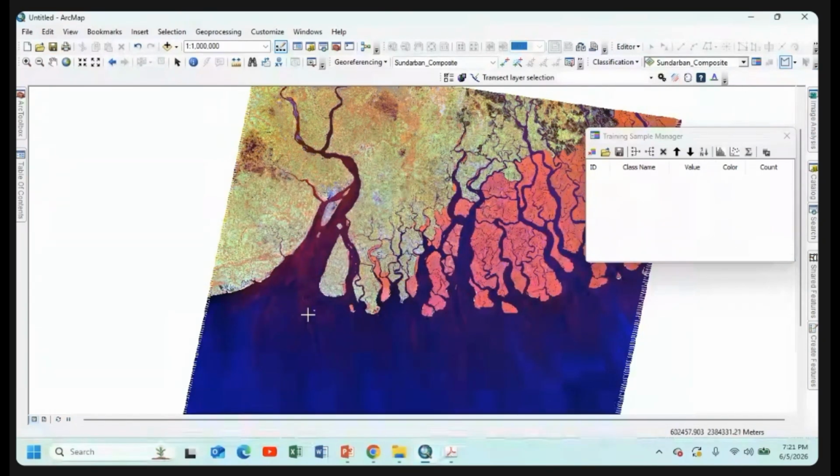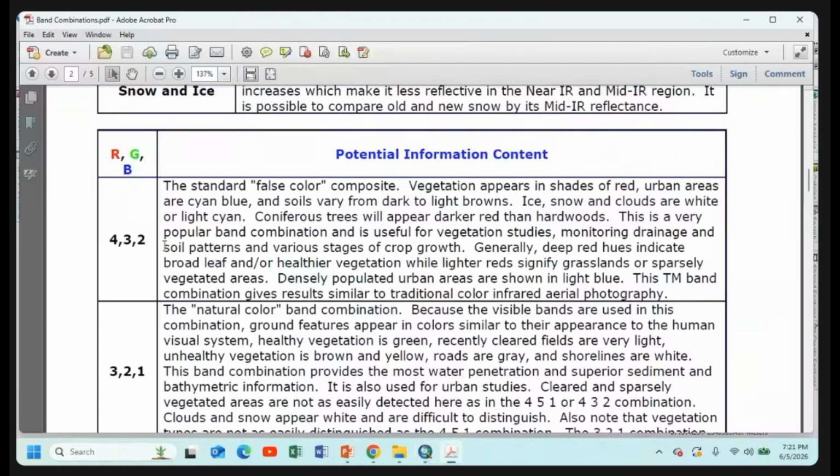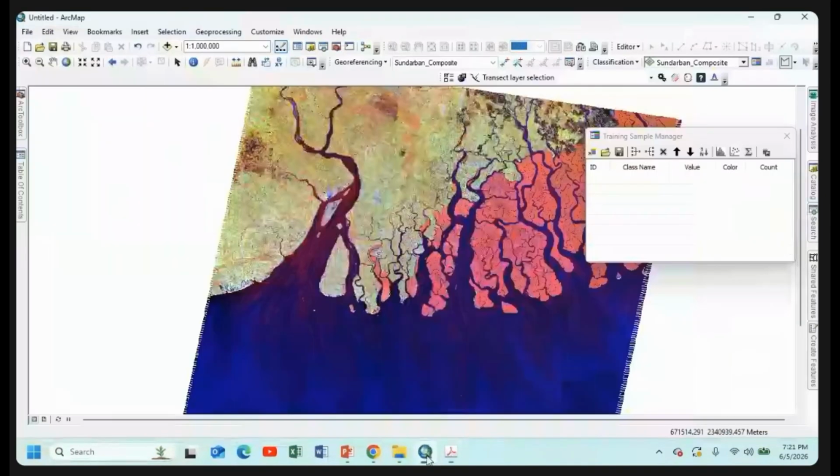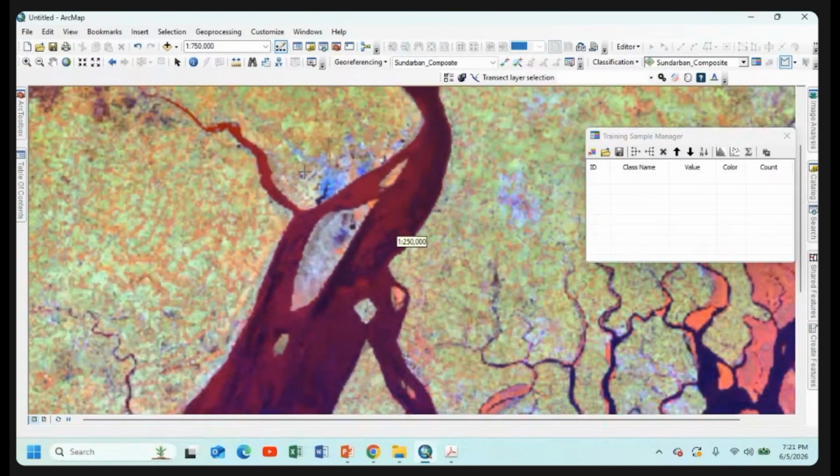And now we are creating our land use land cover features. First, we are creating the urban areas features. As we are collecting the dataset condition, here we can observe densely populated urban areas are shown in light blue color. We will try to collect the maximum number of training samples. Over the whole map we will collect training samples, not a particular portion. Everywhere on the map should be represented by training samples. That will create an accurate map for LULC. So light blue color is observed here.